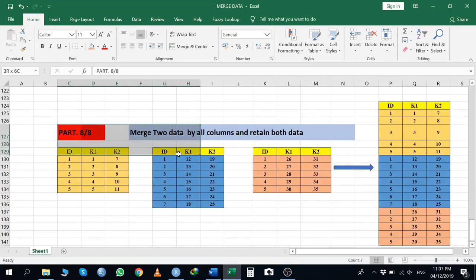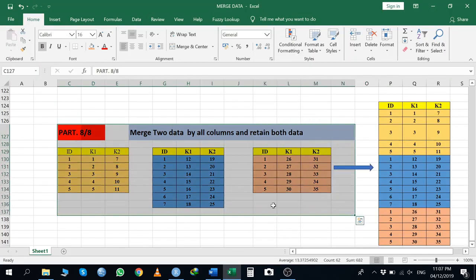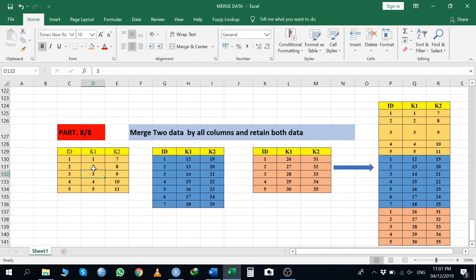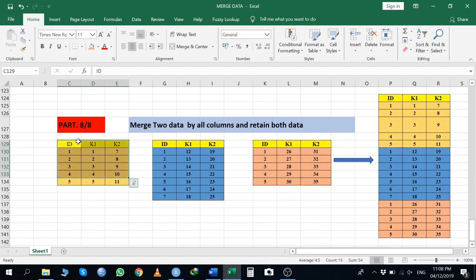In the final type of joining, I have multiple datasets. For example, here I have three datasets, data X, data Y, and here is my data Z. And I want to join all datasets on the basis of all columns, and my required result should be in this form.